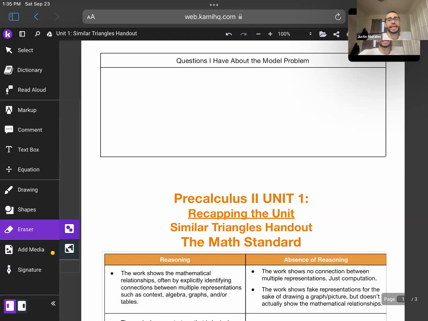Today's going to be our second day recapping the first unit, right? Today's concept is going to be similar triangles. Once again, I am being very strategic on which unit one concepts we're going over in preparation for the